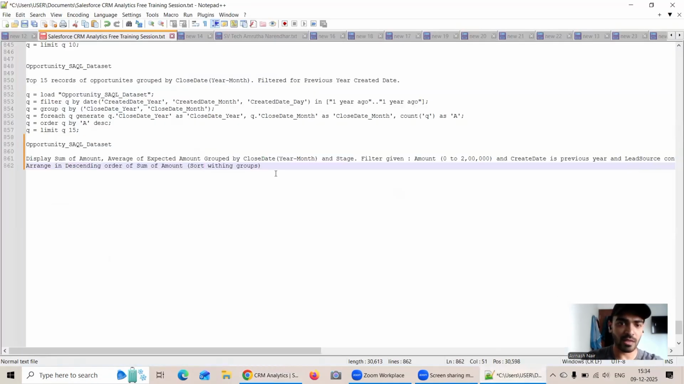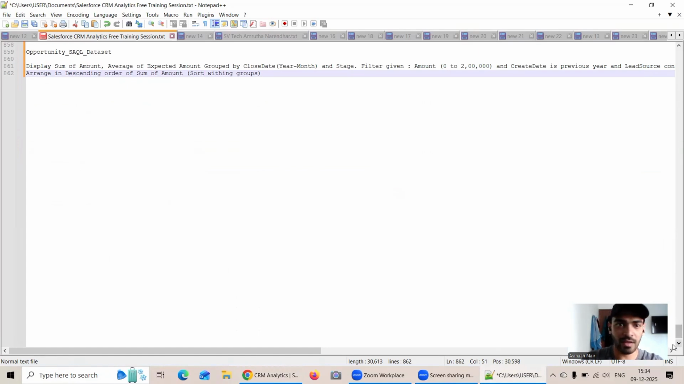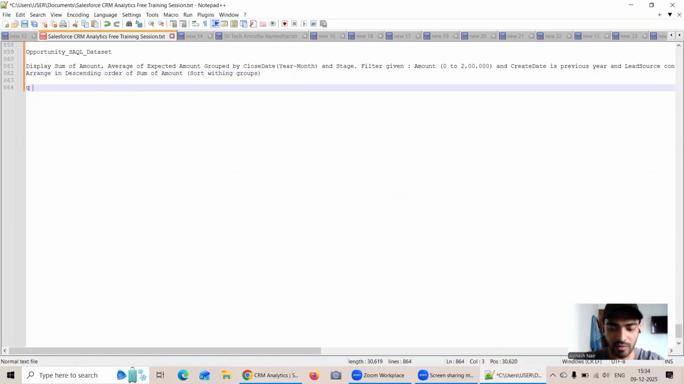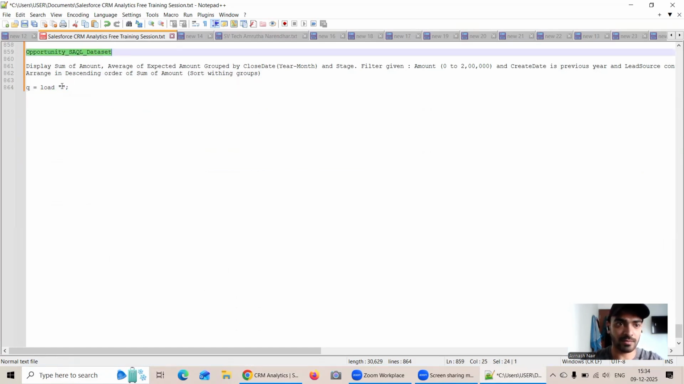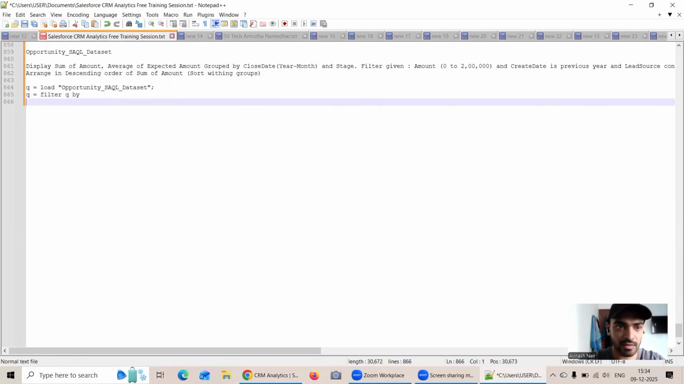So here I will hide the previous one, and we will start to write the query for this. Q equal to load this particular data set. Then Q equal to filter Q by, we will write it, that is fine. Then Q equal to group Q by,